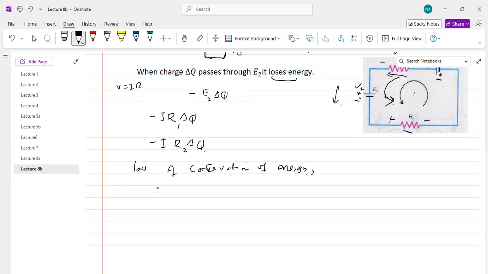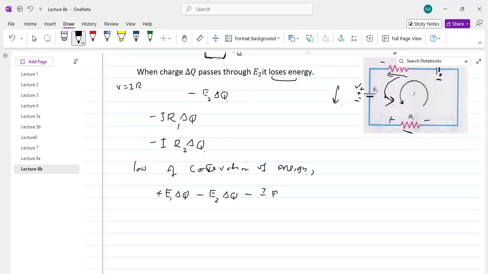So the change in energy in traversing the current through EMF E1 is E1 delta Q, and the change of energy in traversing through EMF E2 is E2 delta Q,